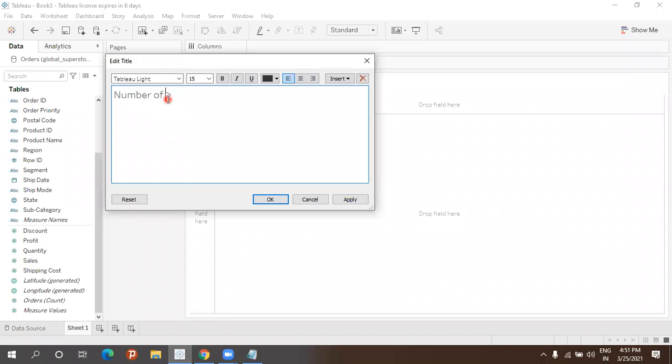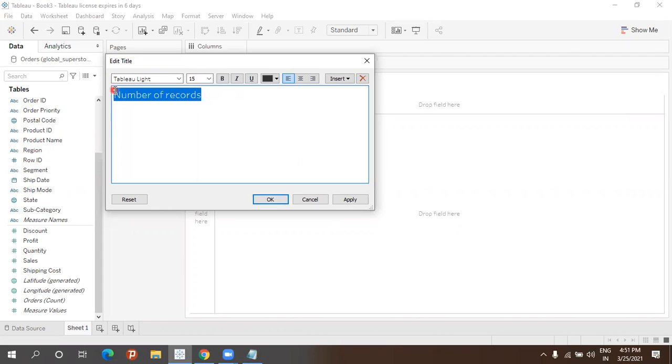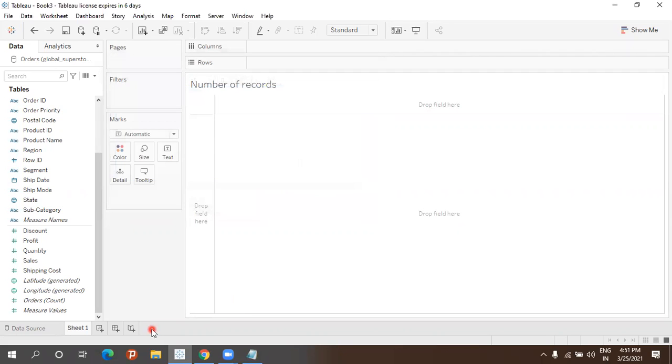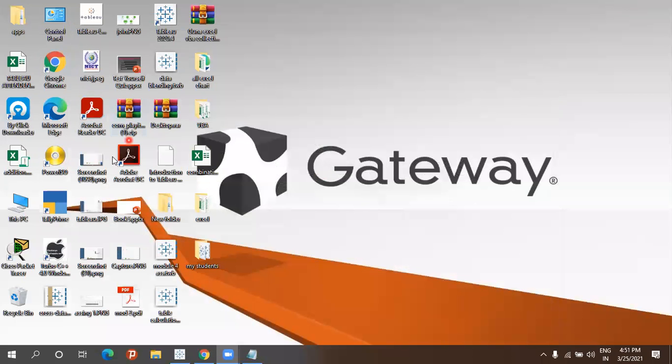Number of records. Done. So now, what I want to know, let me minimize this and open the Excel also. Why do we have to compare the values from that side and from this side?